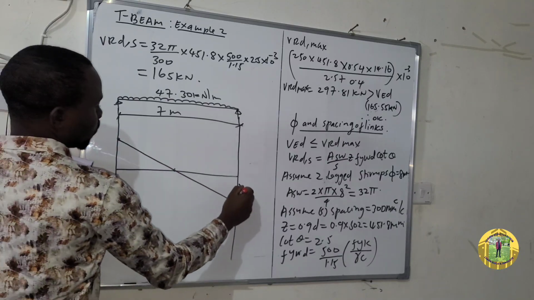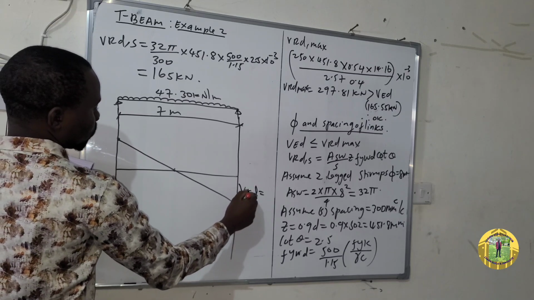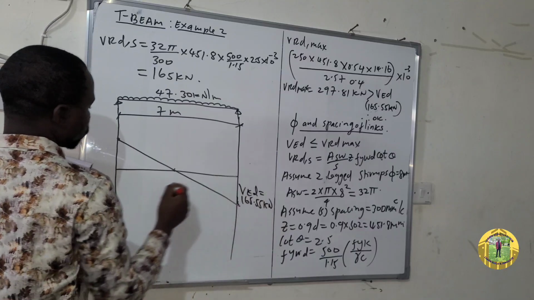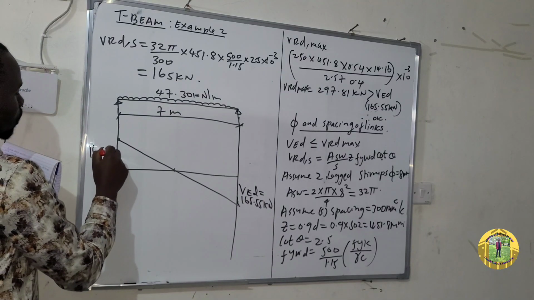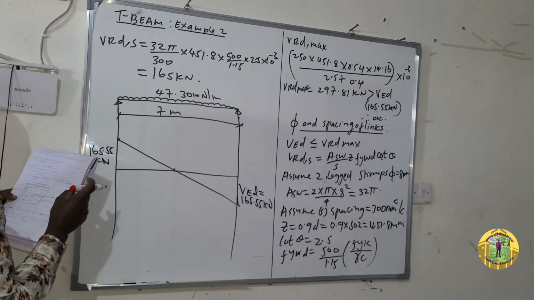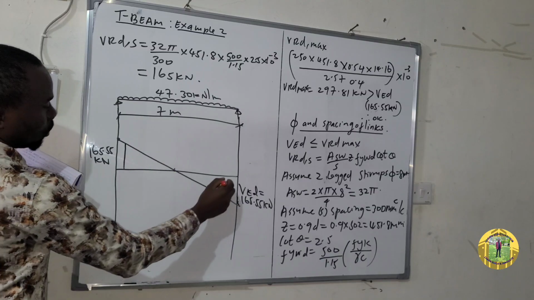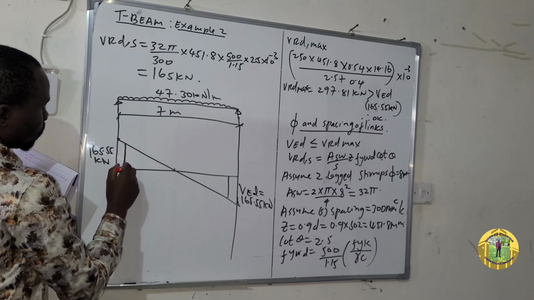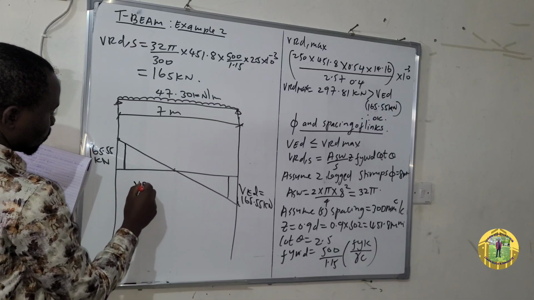So this is VED, which is equal to 165.55 kilonewton, the same as this, 165.55 kilonewton. And here, and also here, so these two